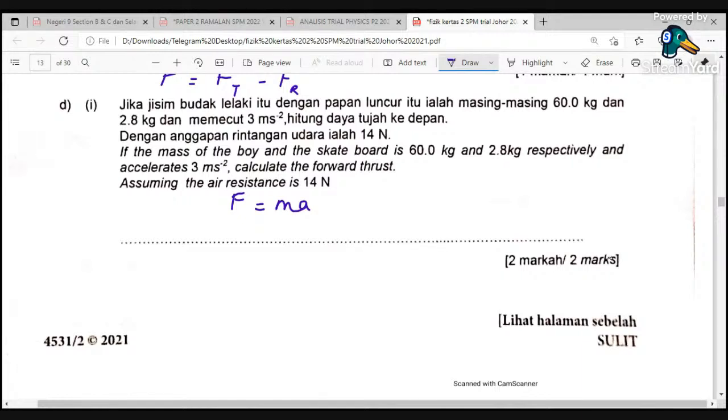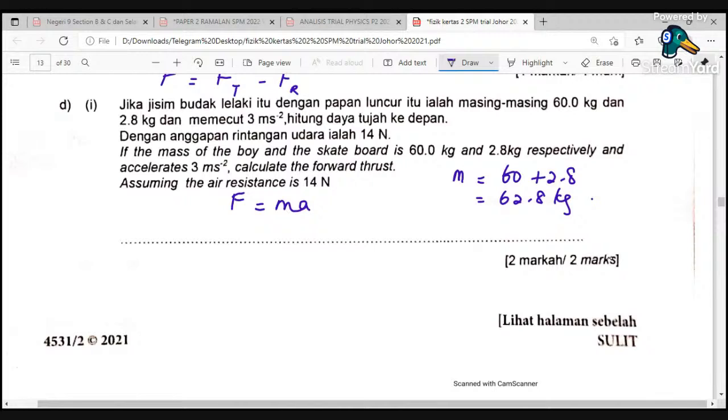Okay, the boy and the skateboard are moving together, because the boy is standing on the skateboard. So the mass will become the total mass, 60 plus 2.8. So for the forward thrust, you want to find the forward thrust, I put as